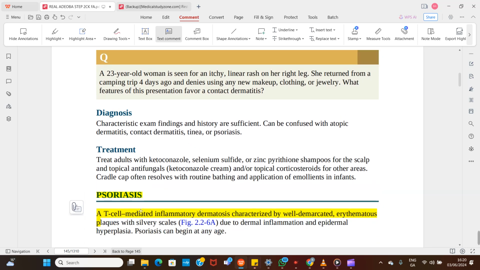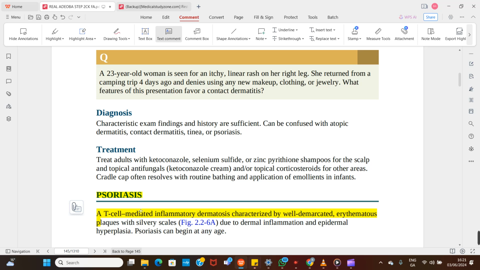Right? So we give the antifungal shampoo if it is localized to the scalp only. You just give the shampoos, the ketoconazole, the selenium sulfide. Selenium sulfide can help treat the condition. The antifungal like ketoconazole or your zinc pyrithione. If we can remember zinc pyrithione, it's fine. Most of the time, your selenium sulfide and your ketoconazole is enough because we have so many things to learn,